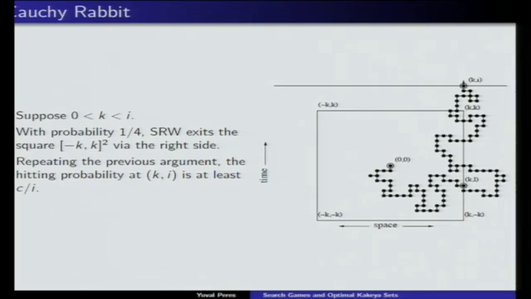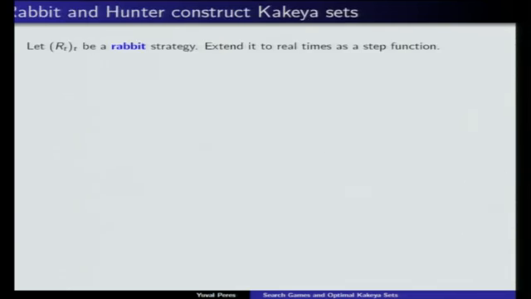So we found a strategy for the rabbit that ensures capture time at least n log n, no matter what the hunter does. So in all this analysis, we're not restricting the hunter to use the previous strategy I described. The hunter could do anything, and the capture time in expectation is at least n log n. So coming back to Kakeya sets,